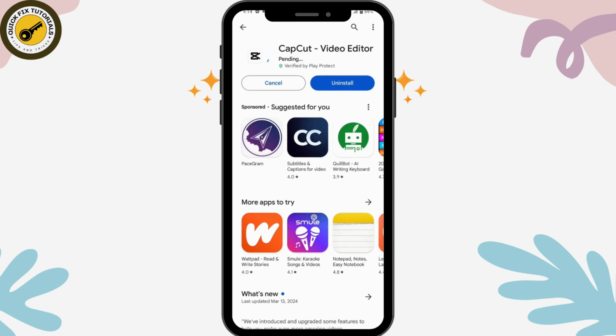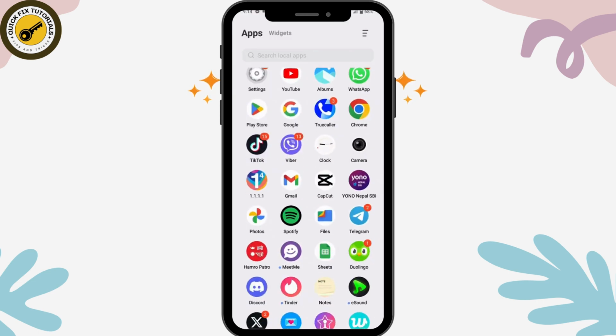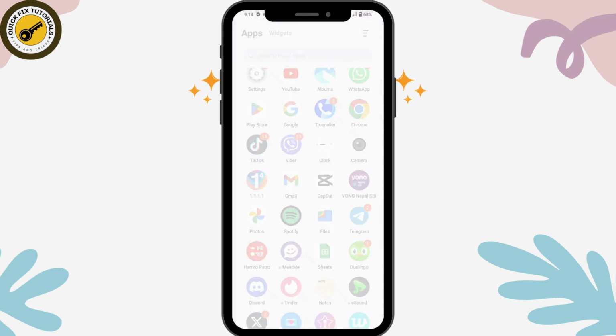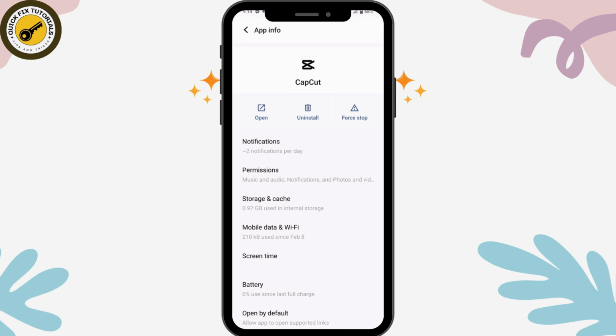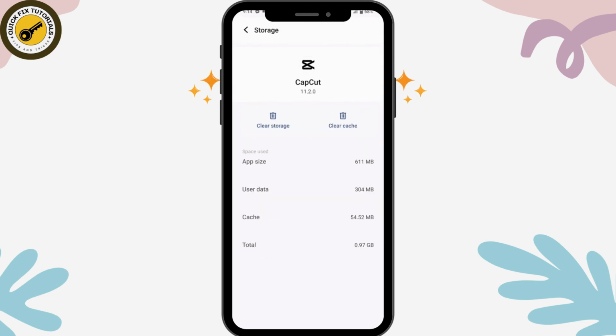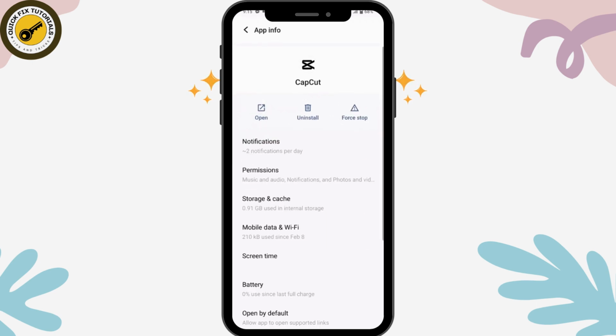And once you update, if that still doesn't fix your problem, then you need to simply tap and hold on that CapCut application and then go to app info. Under your app info, you may have storage and cache. Tap on that and then go for clear cache, and you need to clear all of the cache under your CapCut. But if that still doesn't fix your problem, then you need to simply uninstall the application by tapping on